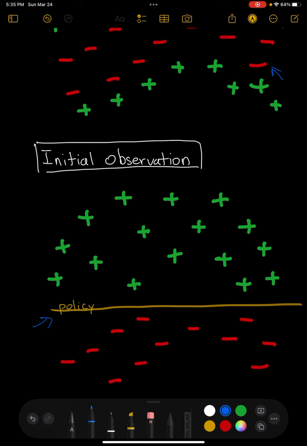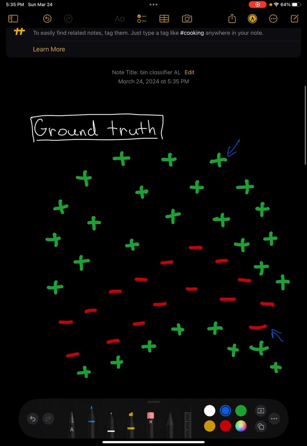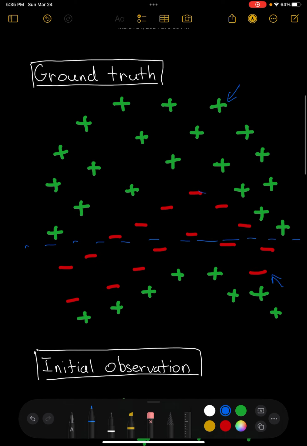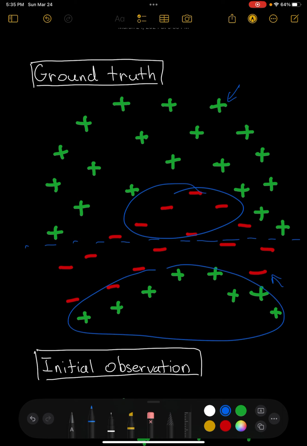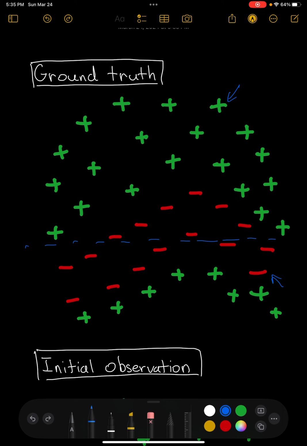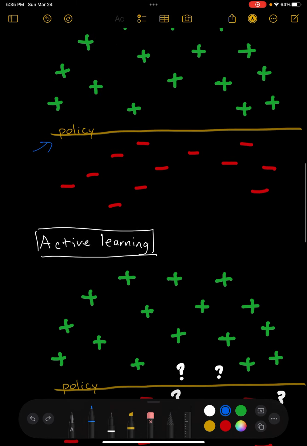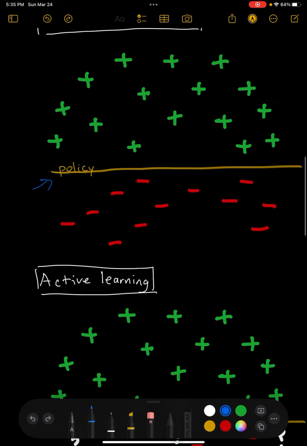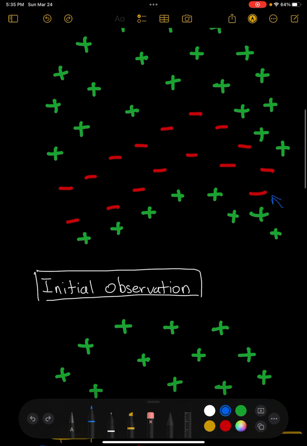But we understand that in this actual ground truth space, this yellow line is not working, right? The yellow line is something like this, and it's not actually correctly predicting a lot of these red labels nor these green labels. So what we're trying to work on is using active learning to understand which data points in this space we need to sample to most efficiently update this classifier, this yellow line in the middle,